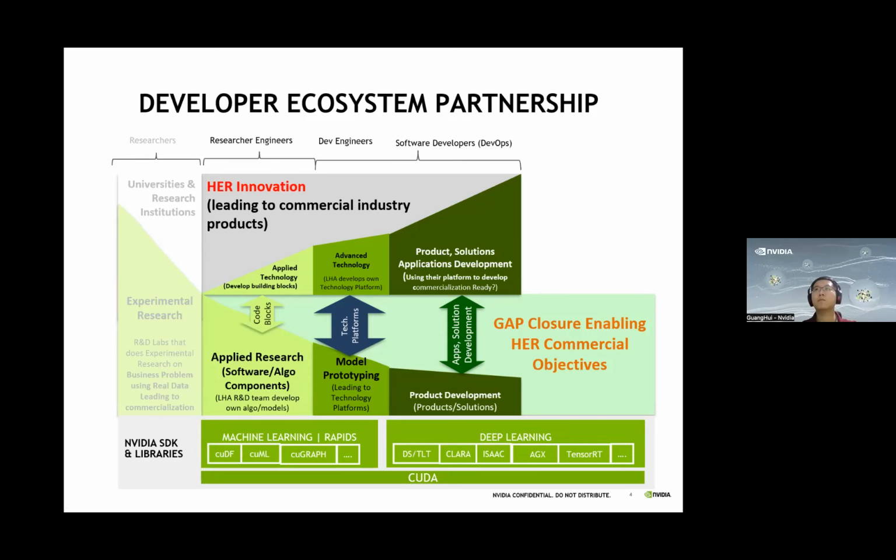So the intent is to reduce the gap from what you are very good and smart at, which is fundamental research or experimental research, by bringing it into applied research to enhance your technology so that you are very close to making a proof of concept that can easily be used by industry. This is the gap that we are trying to reduce over the series of 12 sessions, with every session